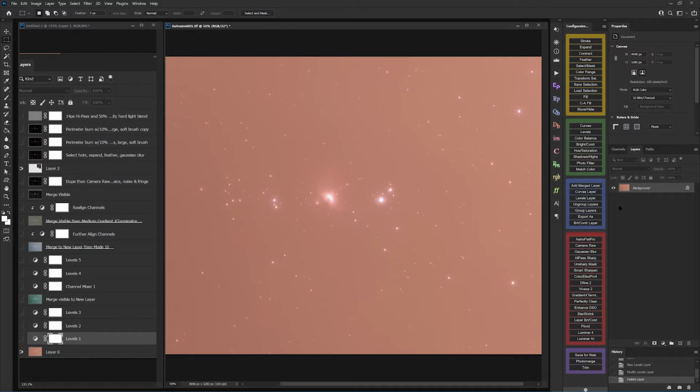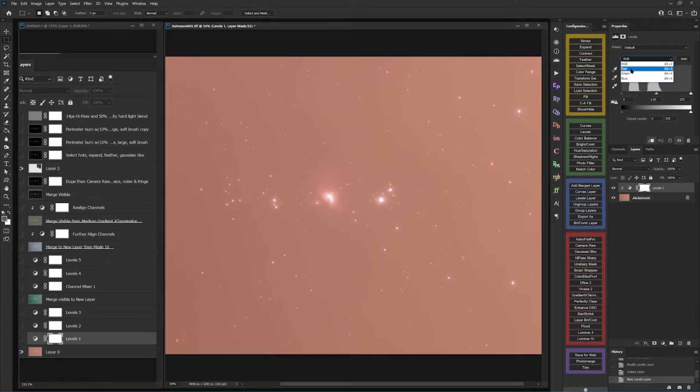So Add Merge Layer will be my shortcut for that. So the first thing we're going to do is apply a levels layer, and most often what I'm doing here now is I don't even work in the RGB mode. I go directly to a per channel type of edit and pretty routinely just bring my shadows over to the left side of the curve, midpoints over to the right side where I start seeing data